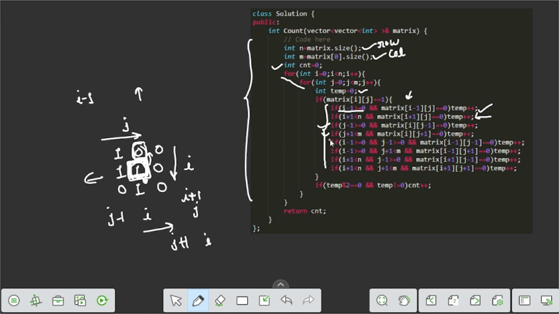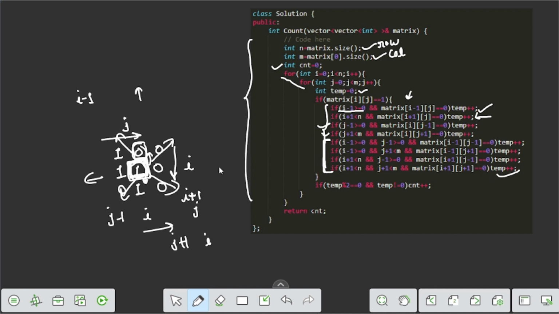And these four conditions check the diagonal directions, which is i minus 1 and j minus 1, the upper left diagonal, and i minus 1 and j plus 1, which is the upper right diagonal, and i plus 1, j minus 1, which is the lower left diagonal, and i plus 1, j plus 1, which is the down right diagonal. And check if there is 1, then we increase the count.